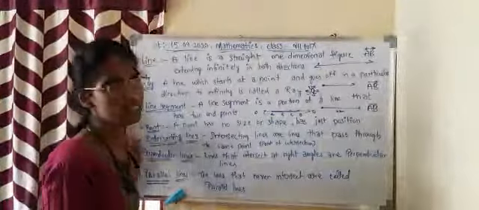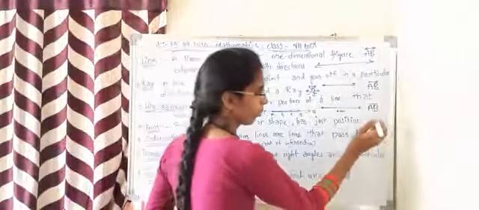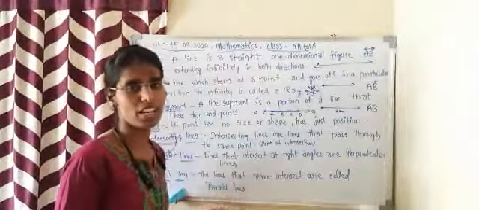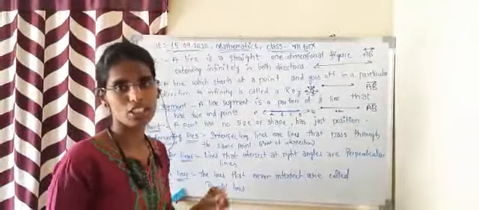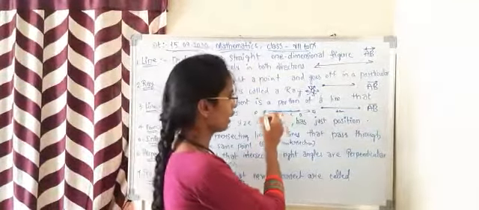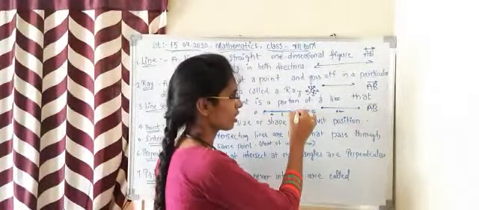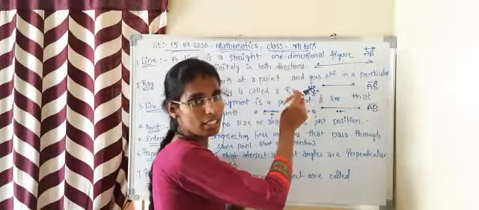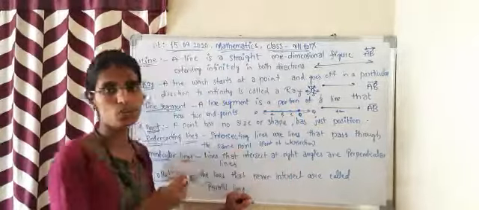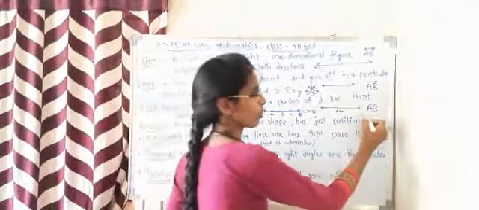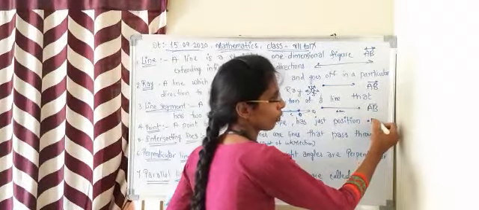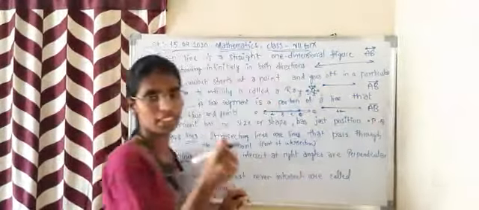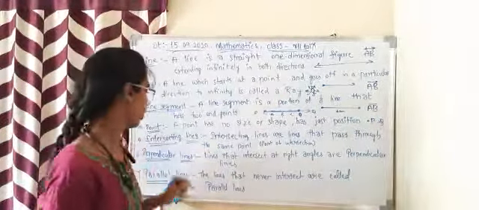Now point. We know a point is nothing. It doesn't have any shape or size. It's just a position. For example, here in this line itself, we have seen this is D. We are indicating it with a dot. It is just to show a position. We use a point P or point Q, and we denote it with a dot.